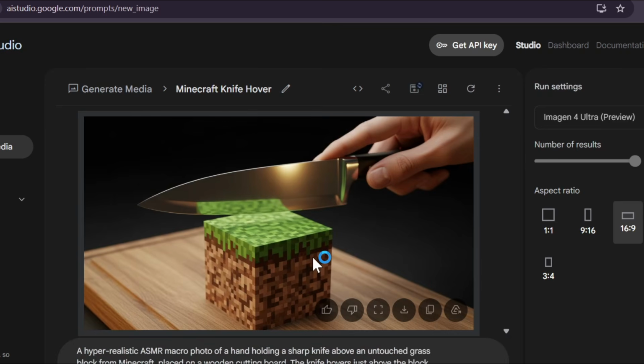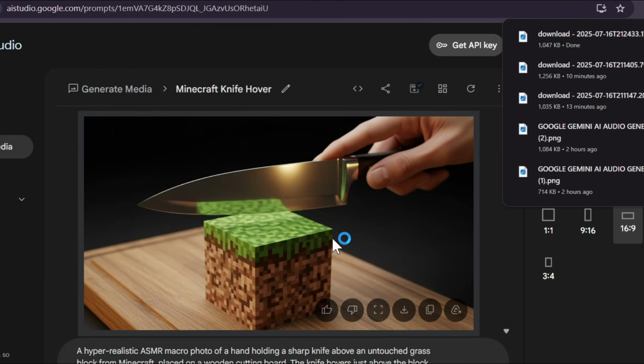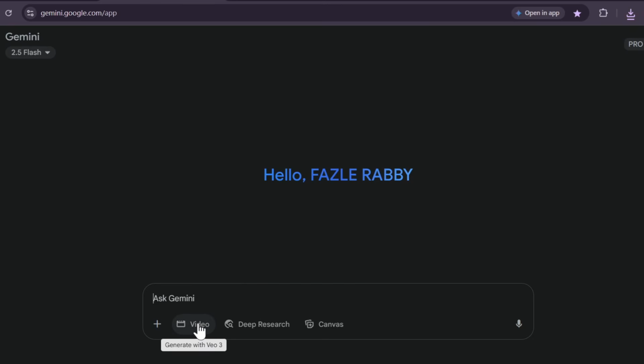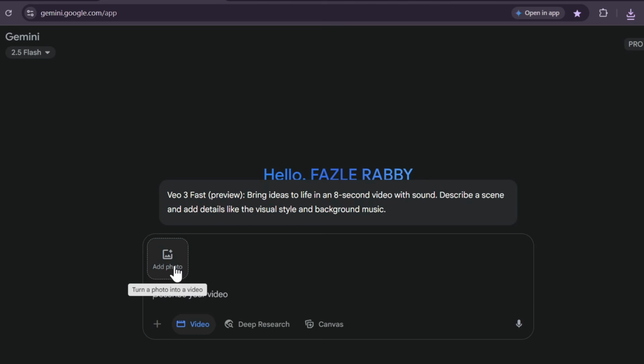So as you can see, the image is looking pretty good. So just download it, just right click on it and click save as, and click save, and it will download on your PC. Now to create a video with this, just go to Google Gemini, click on video, generate with VO3. Now upload the photo,